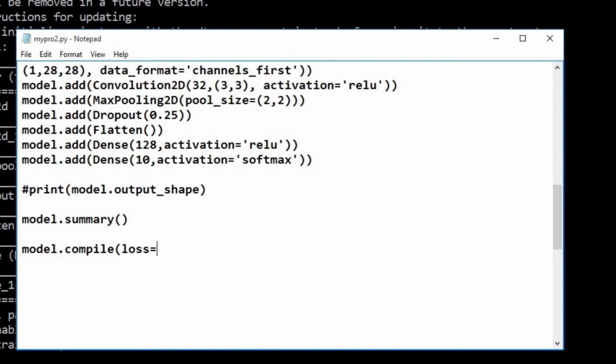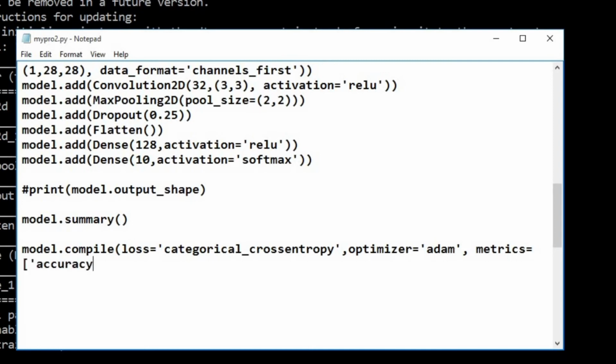So we will use model.compile first. Yes, so compilation is done by means of some loss function. So the loss function is associated with the type of application. If it is binary classification, that means there are only two levels, we use binary cross entropy. Here we are going to use categorical cross entropy to identify multiple types of levels. Next to that, the optimizer function, we use the Adam optimizer.